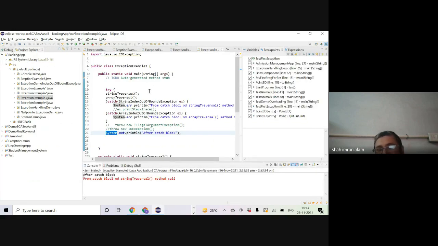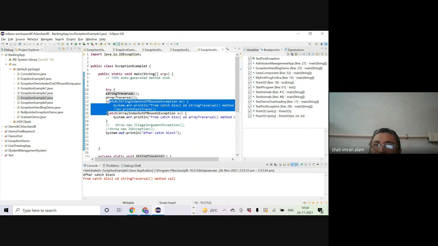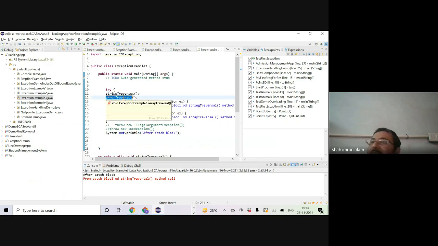We have handled string traversal and array traversal exceptions separately in different try blocks. So we were getting both the exceptions. Both catch blocks were reached. ठीक है? But here, because both these lines are within the same try block, and if the exceptions come in the first line, the control will come to this catch block, and then it will only execute the code after the catch block. It will not go back to the try block. ठीक है? So the second array traversal method never invokes. It never invoked. ठीक है? तो उसमें वापस ही जा रहा है वो.